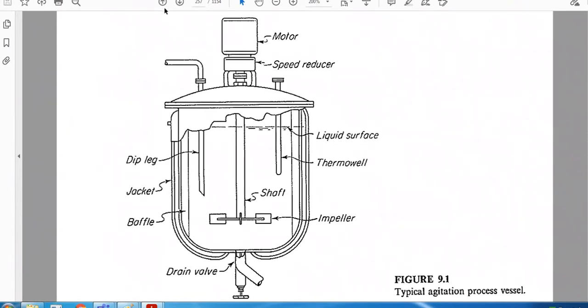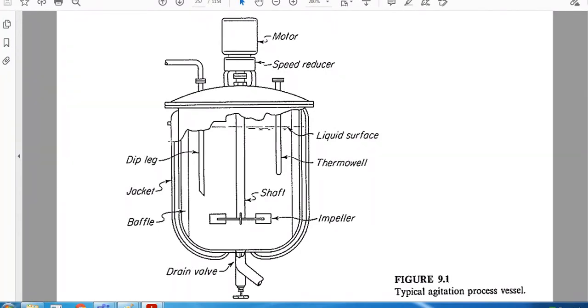So a reactor should have a provision for the jacket. So this is the jacket. What is the jacket, sir? It is a provision provided by us for the reactions to take place at elevated temperatures or at lower temperatures, or keeping the temperature constant. For example, for an exothermic reaction, you will be sending chilled water to the jacket to extract the heat as the reaction takes place. For endothermic reactions, you will be sending steam through the jacket for the reaction to take place. Means what? You should understand the dynamics of the reaction perfectly to design an agitation system.